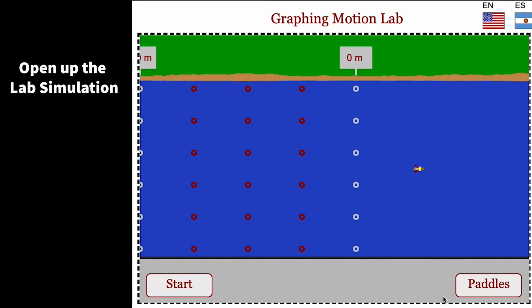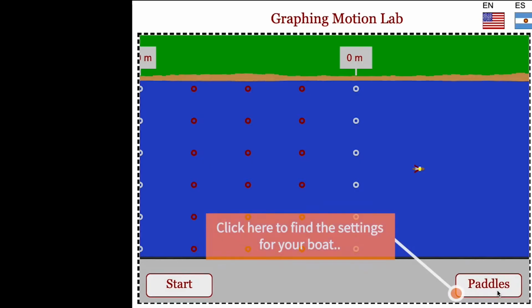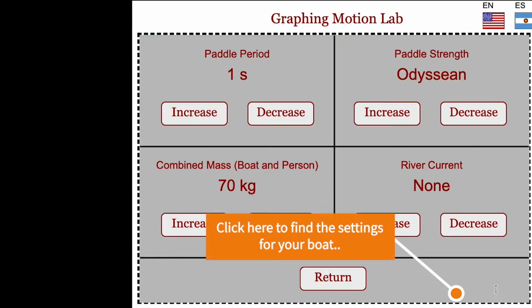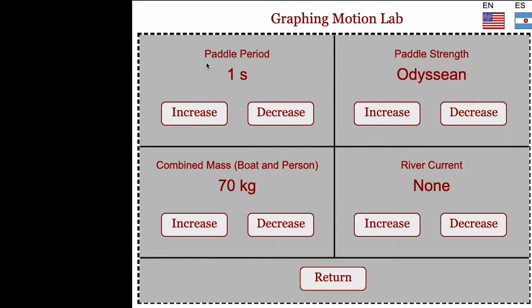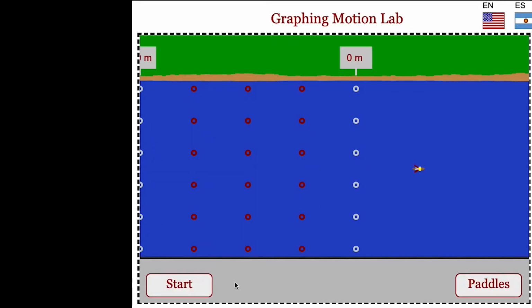This is the Graphing Motion Lab when I pull my version up. And when I click on paddles, it will show me what the settings are. So paddle period is 1 second, and I can increase or decrease. And then paddle strength, you can increase and decrease it. Combined mass and river current. And so with these settings, I can start,